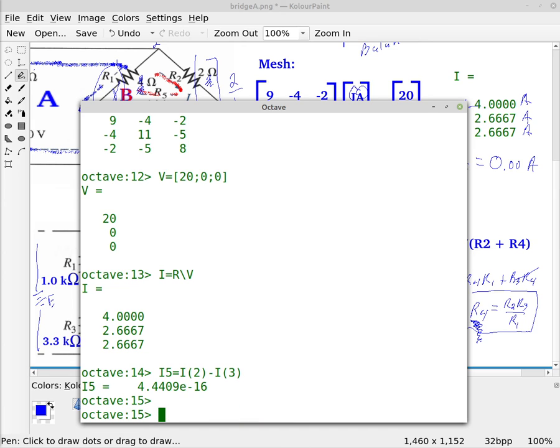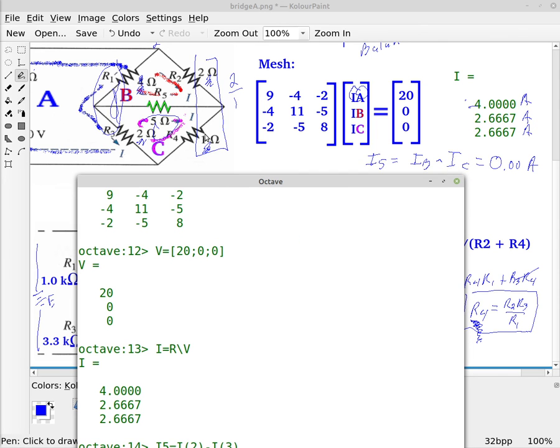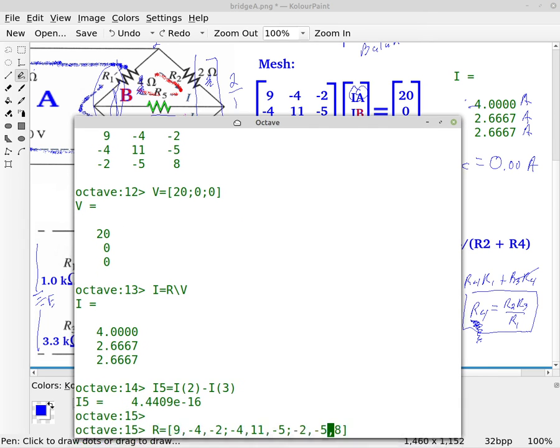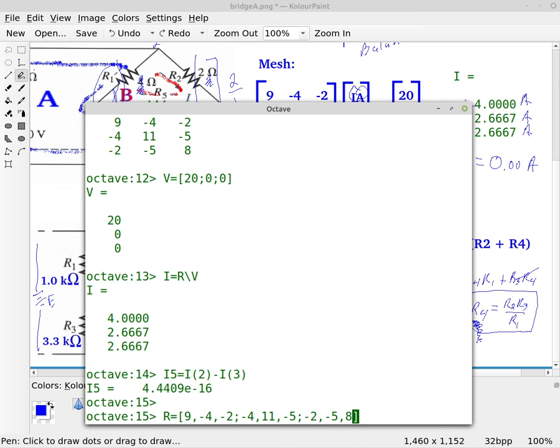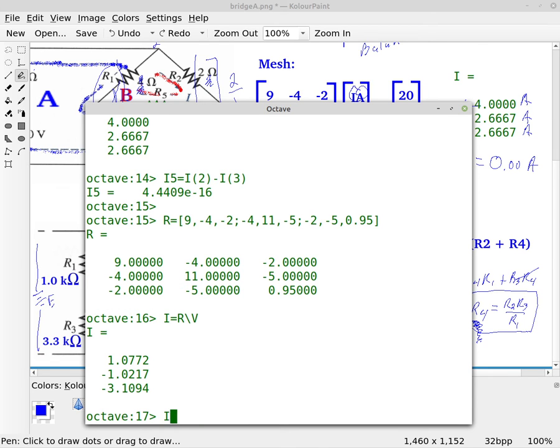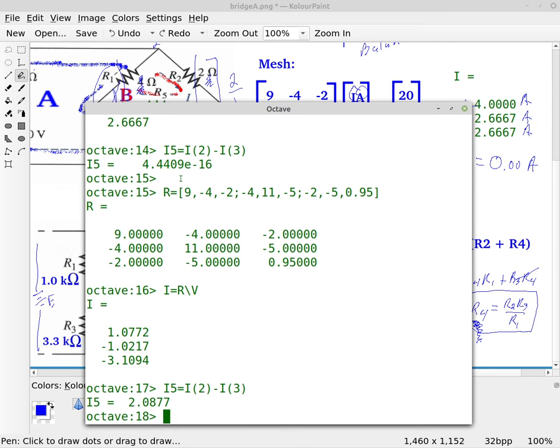But let's see what happens now if we go back to our R matrix, and let's say that this 1 ohm resistor here, R4, so let's say this R4 resistor right up here, instead of it being 1 ohm, let's just change it by just a fraction of amount. So we'll just say it's going to be, instead of 1 ohm, it's going to be 0.95 ohms. Alright, and so now I'm going to resolve for I, and then I'm going to resolve for I5, and we find out that, wow, okay, we just changed this one resistance by 50 milliohms, and my current went from 0,